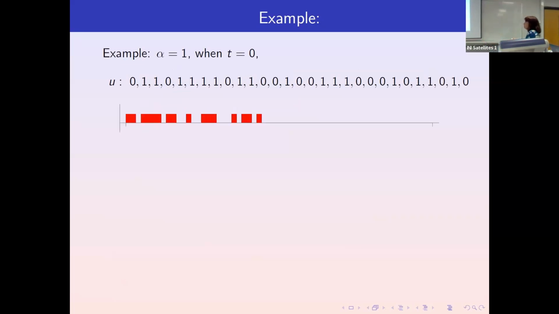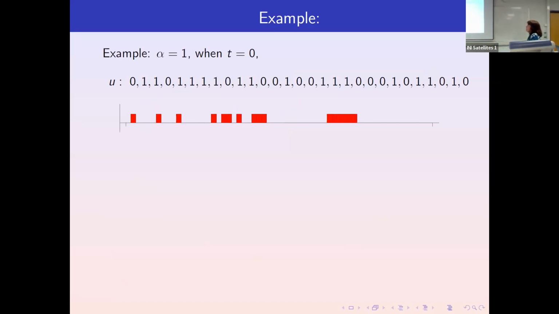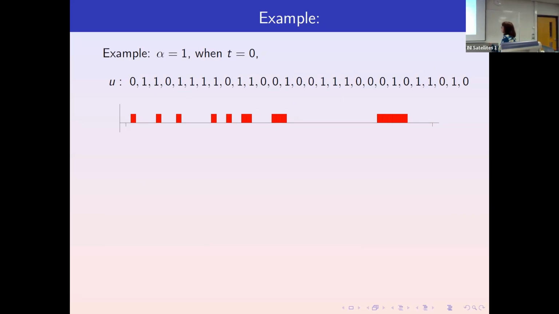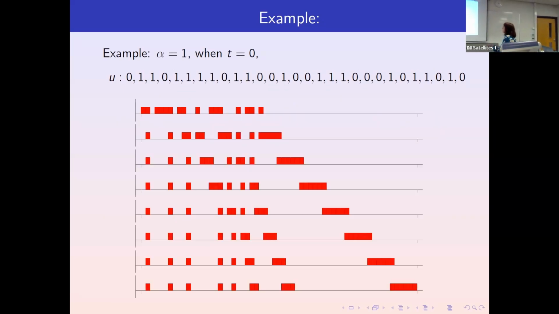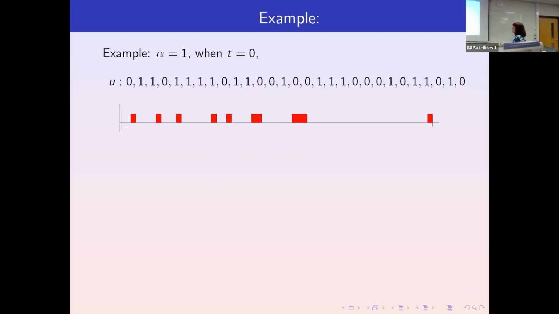So I'm just going to show you an example here where I've got a set of 0s and 1s, and let me evolve this along in time. If you evolve it, you'll see the different solitons emerging. This is the fastest one, it's a size 6. This is a size 3 that emerges, and let's just go back one. This is a size 2 soliton. These are size 1 solitons.